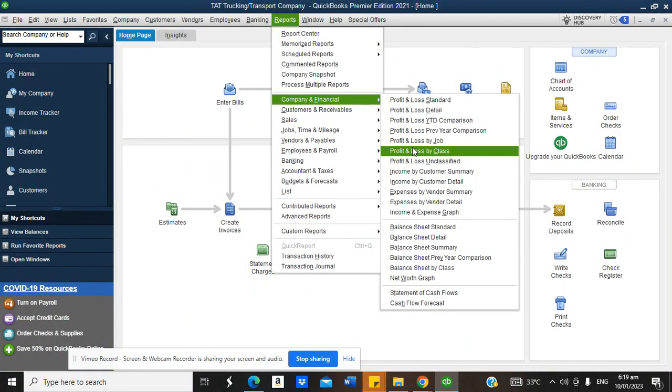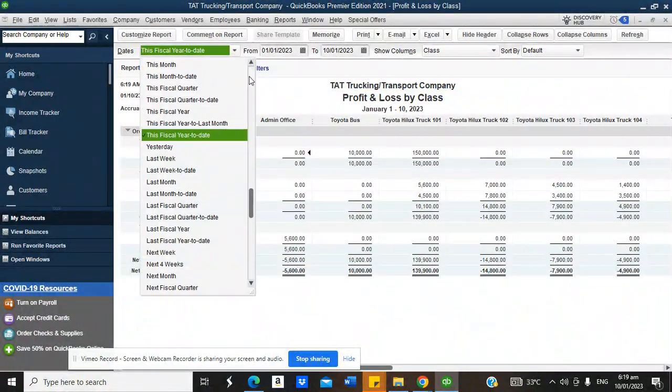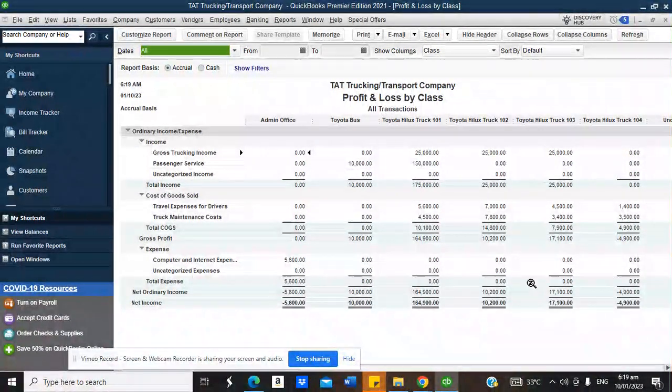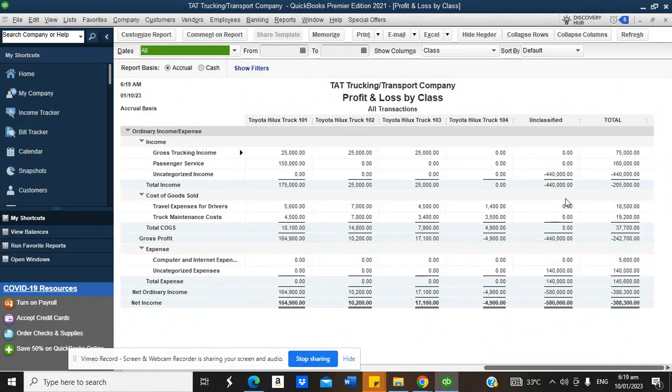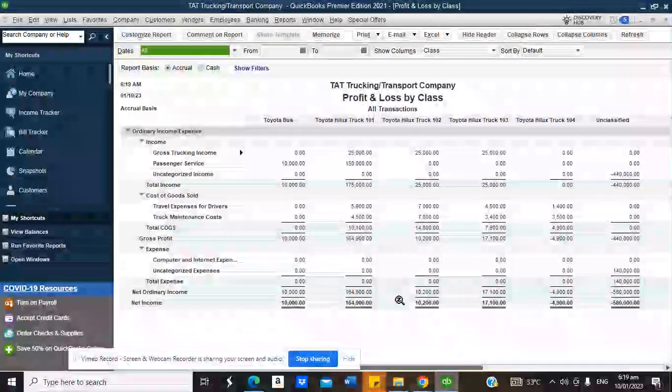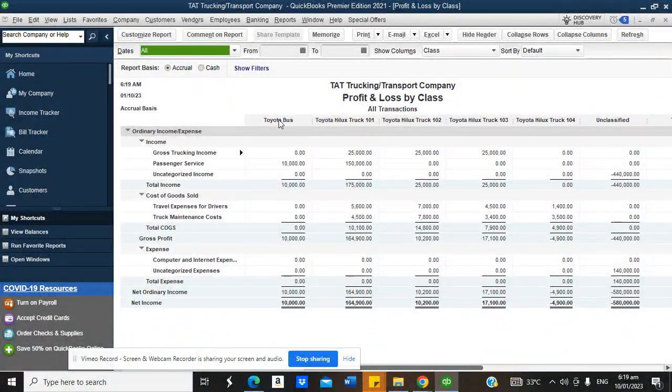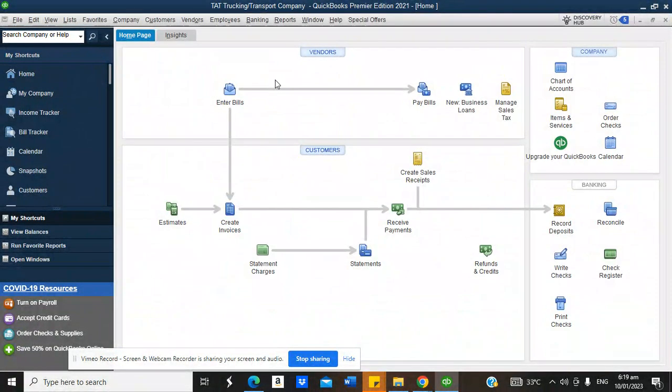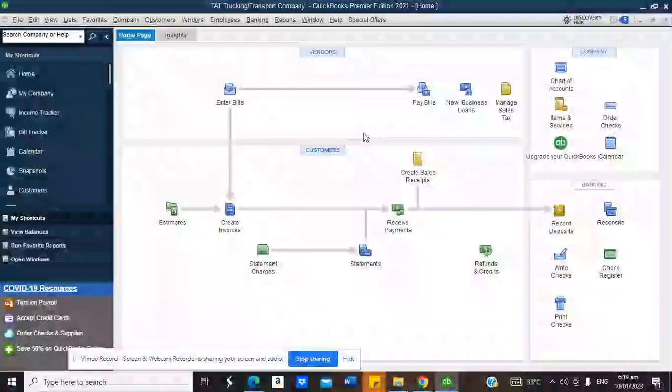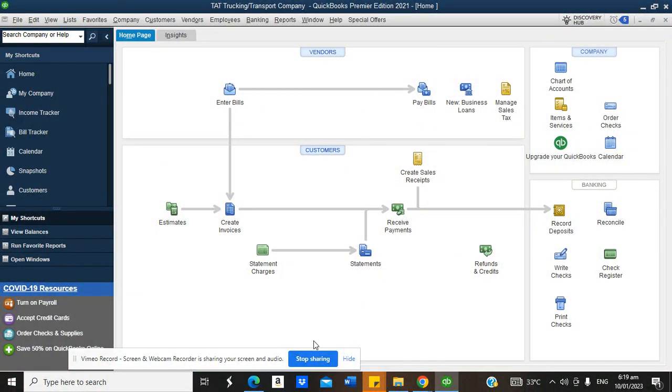If I go to my report, profit and loss by class, I will be able to see the transaction on that Toyota. Let me see here. Okay, this is Toyota Hilux. Let's see if we can find that. Okay, this is it here. So you can see, just the way you have your trucking services, you're also able to use that for your passenger services. They have a similar way of being treated, or similar customization in QuickBooks. So that's exactly what you need to know as far as QuickBooks is concerned, and how to customize it for your trucking